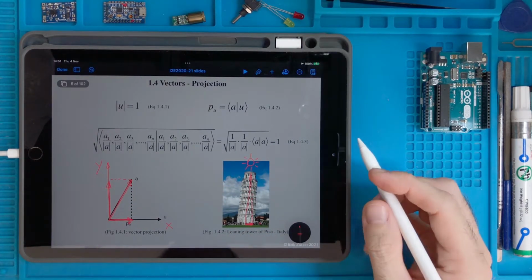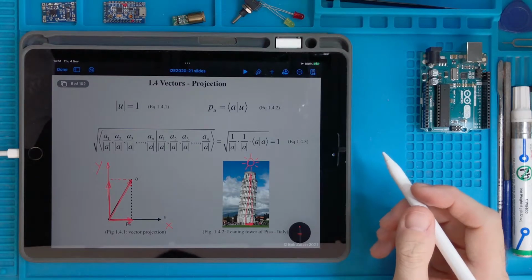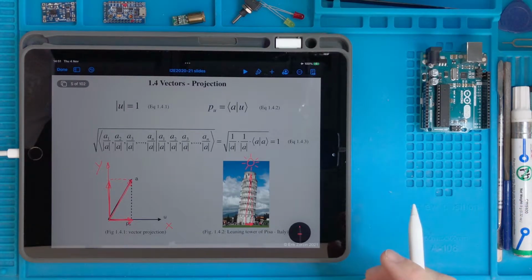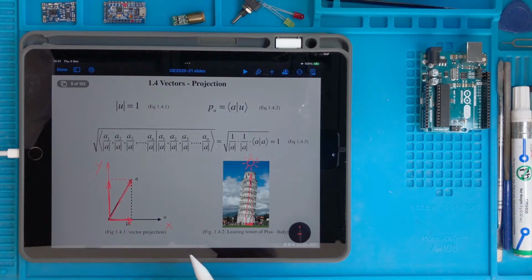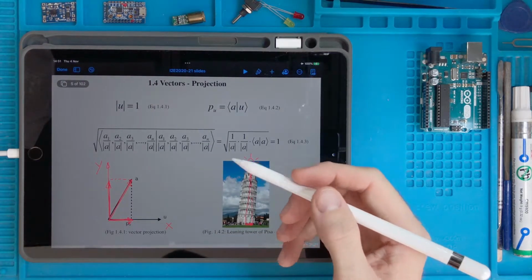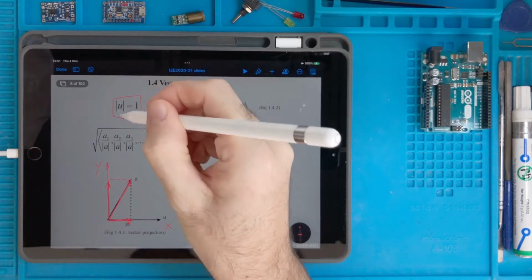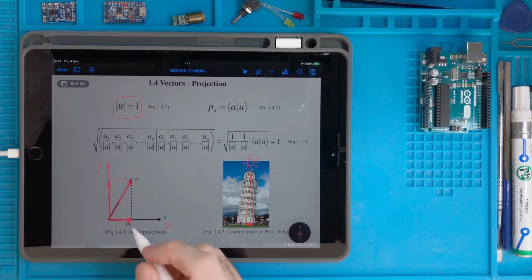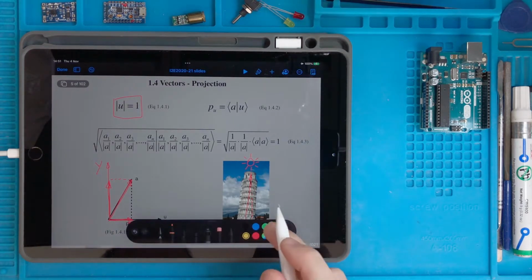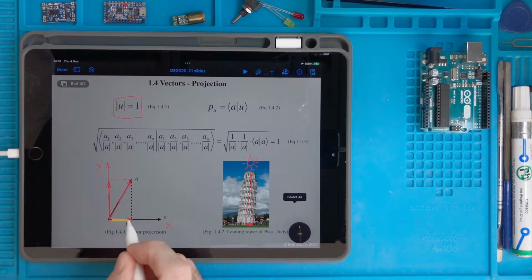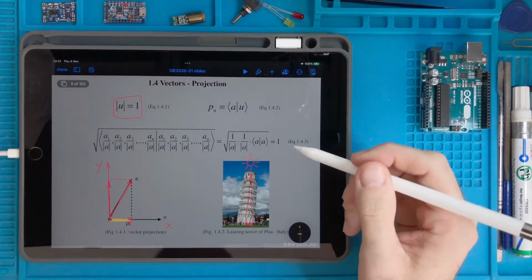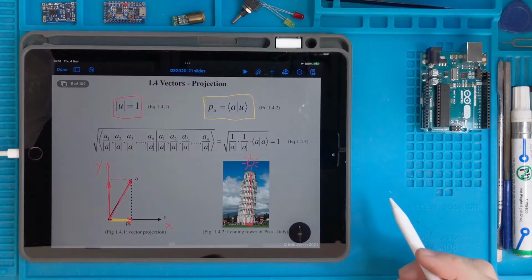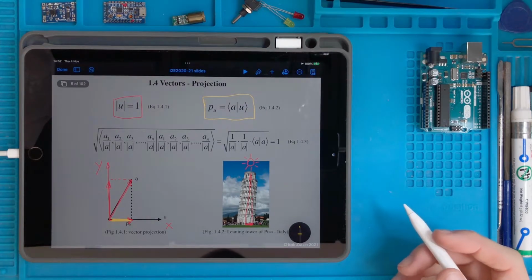To be more precise, we have to say that this x and y would be unitary vectors, so vectors pointing in the direction of the axis but having unitary length. So the length of those vectors that are defining the direction is 1. And if we want to calculate the length of those things here, like this projection, we can do this by calculating this thing, which is an inner product, so something we have seen so far.